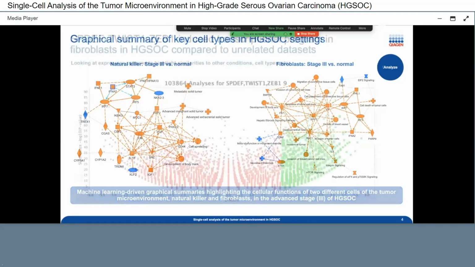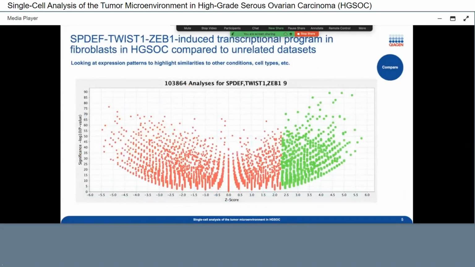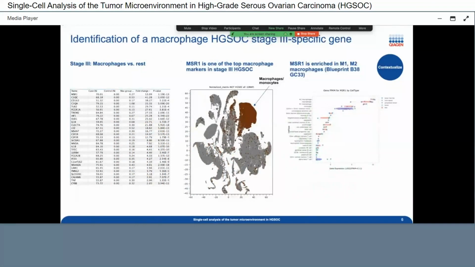So we can analyze. We can also compare, because we are lucky enough to have over 100,000 expression comparisons that came from OmicSoft, which is a product that I'm going to talk about as well. We are allowed to look at any type of comparison we would like, what type of pathways, what type of activity for a particular upstream regulator, and so on. That is the compare tool. But we can also contextualize. Once I find something interesting, what do we know about it? We're going to use the web version of OmicSoft called Land Explorer, which is attached to IPA from the gene view link. Here we can simply look at one particular gene in one context and find out a lot about it.